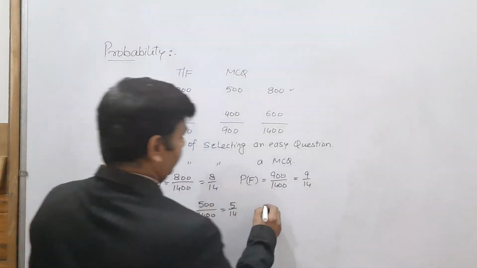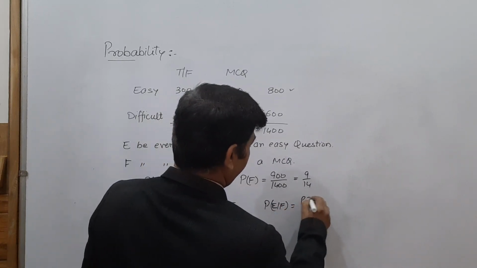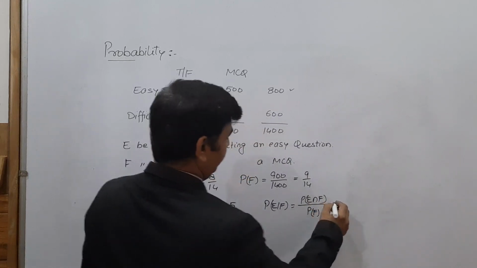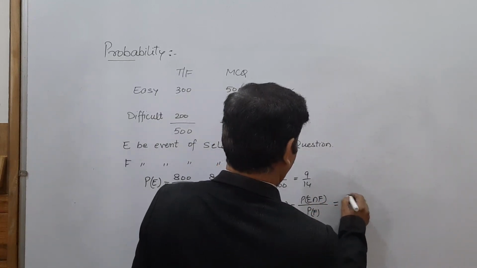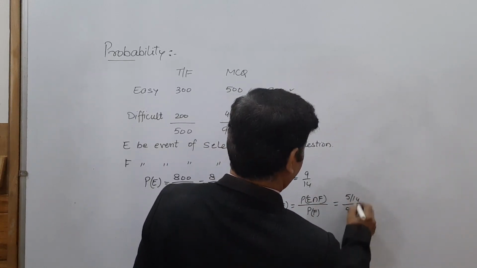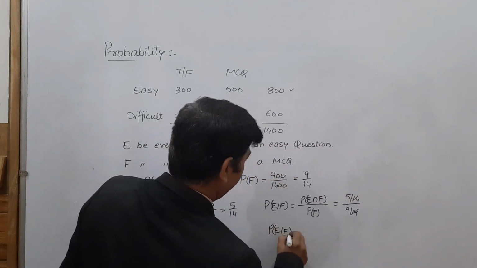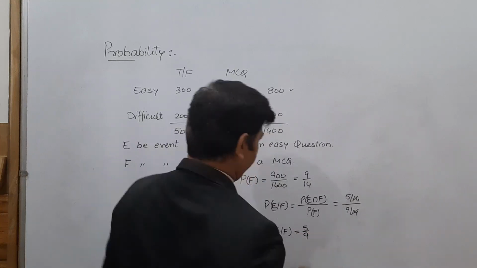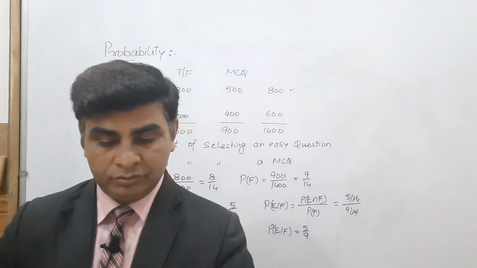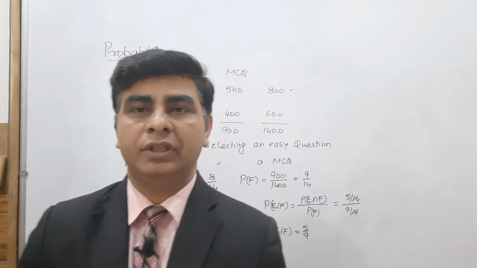So now we have the probability of E, probability of F, probability of E intersection F। We can obtain the value of E by F। This is given by probability of E intersection F divided by probability of F, and this is obtained through your 5 by 14 divided by 9 by 14, cancel out, answer will be your P of E by F is given by 5 by 9। So this was the question number 13, and the remaining questions you should do by yourself। Till then, thank you and have a nice day।